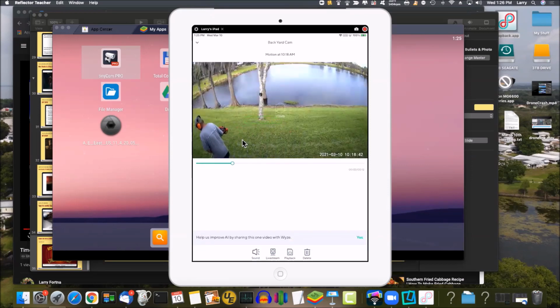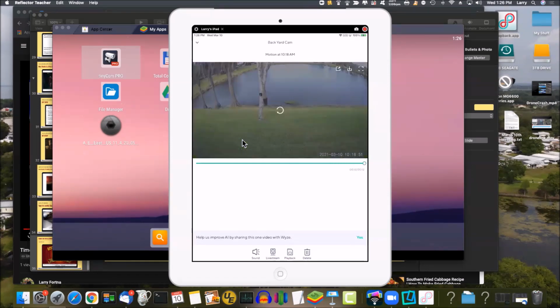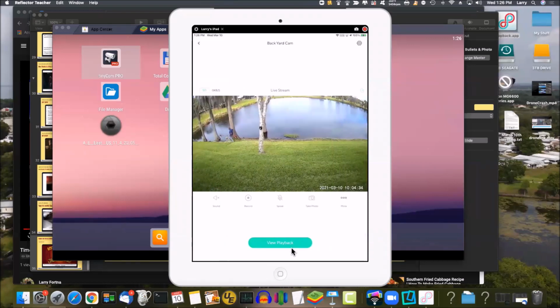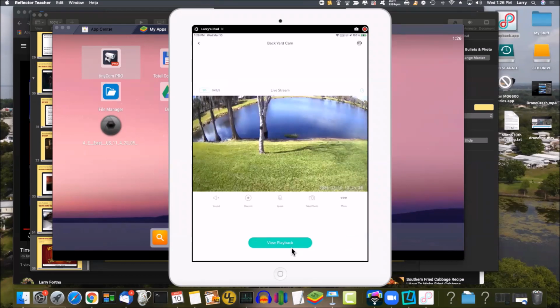You'll see here that my yard man was out doing my yard this morning, and that is the motion that it detected. This is not one of them that has the Cam Plus subscription on it, so I only got 21 seconds of viewing. But then if I go down to playback and select that and view the playback,